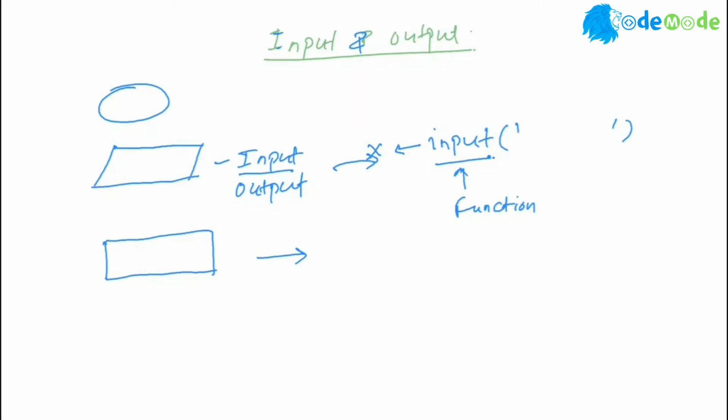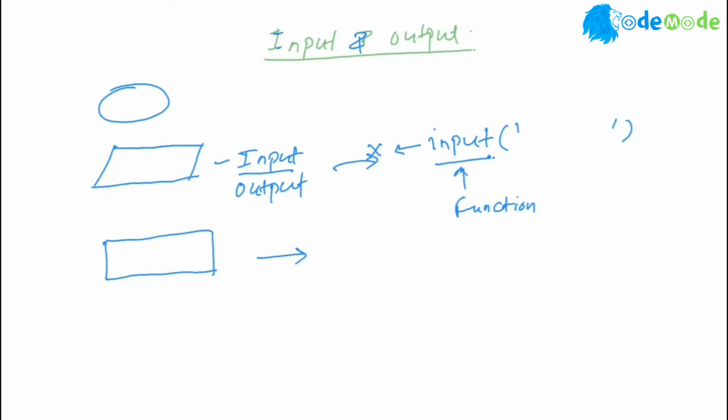So how do you accept it? You give this program to somebody and they type their own name. You cannot give a fixed name for Varun. Varun is going to type his own name. If you give it to Dev, Dev is going to put his own name. So you have to give a way where the user can enter the value they want, and your program will accept that value and process that data.